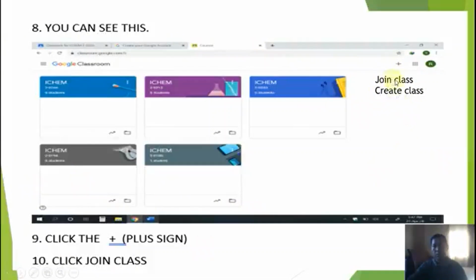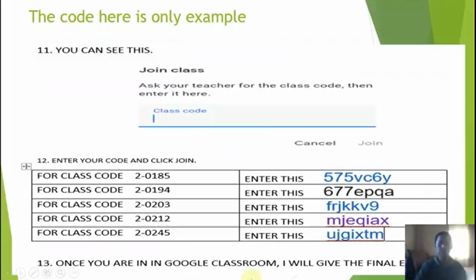Now the student clicks the plus button, then this one will appear. Click join class, this one the instruction, and this one will appear. I wrote here the code, which is only an example.